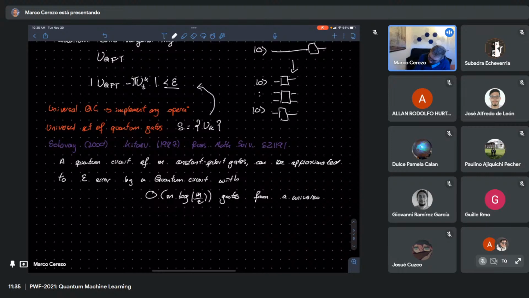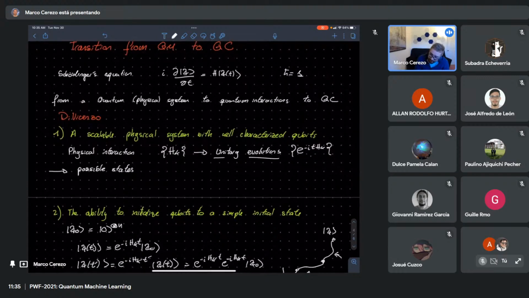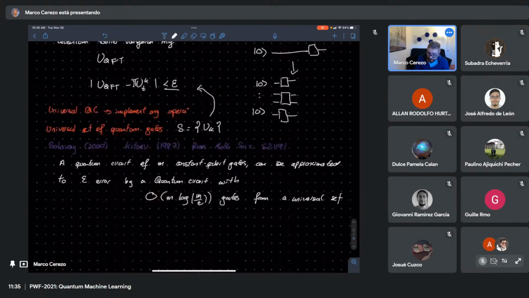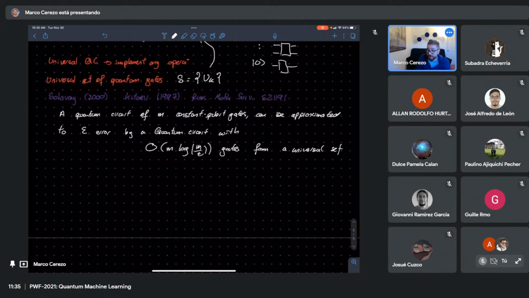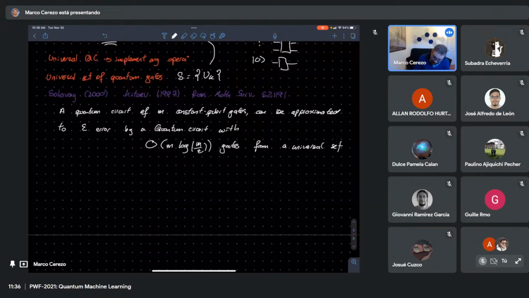So this already provides us a way to know that if I have a quantum system where I want to build a quantum computer that has a given set of physical interactions that forms a physical set, that's going to be enough. Out of those very simple interactions allowed by nature, I'm going to be able to implement any unitary. I might have to do more or less depth, but essentially what this theorem tells us